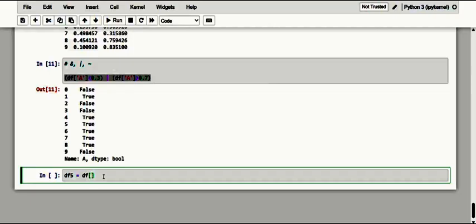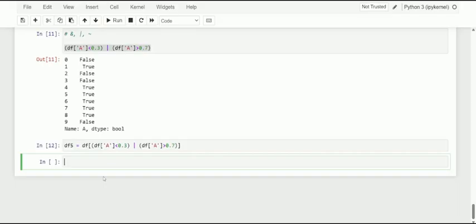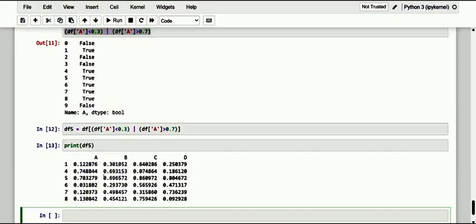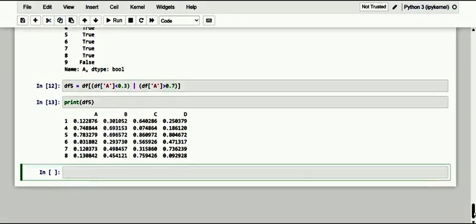Let me execute this by making a print, so print of df5. Kindly observe, dear friends, how this happens. Every value is less than 0.3 or greater than 0.7; any one of the following gives the value.